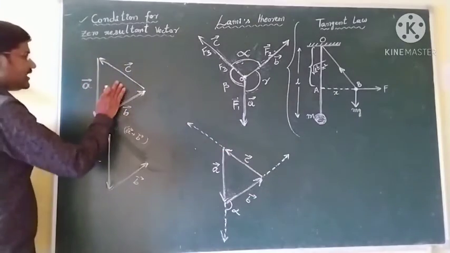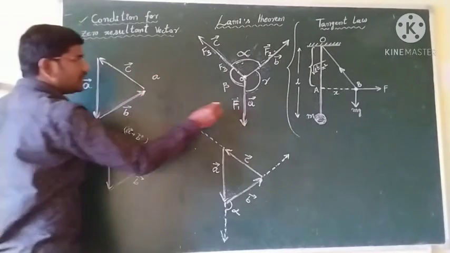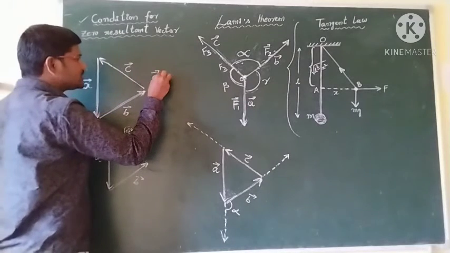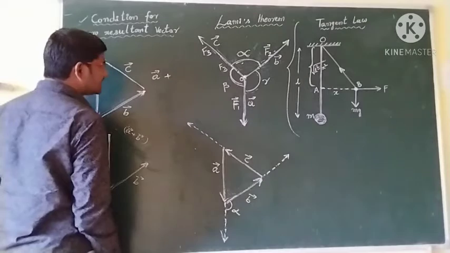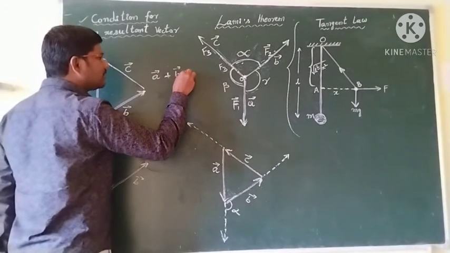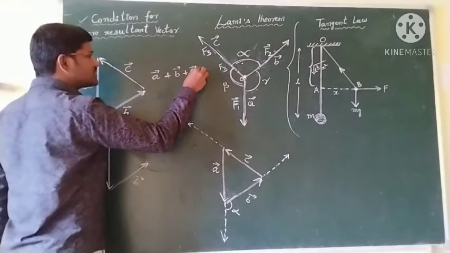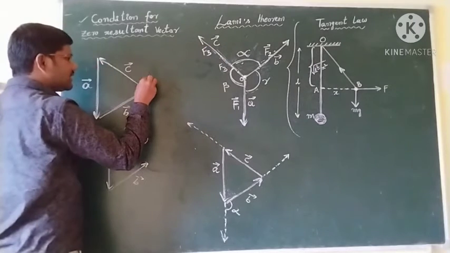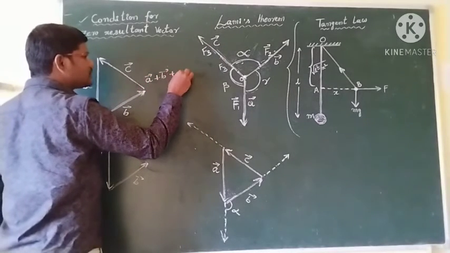Okay, and if I write the sum of these three vectors, a bar means one force. Consider a bar vector is the force vector. A bar is one vector. Okay students, and b bar is another vector. So a bar vector, b bar vector plus c bar vector, and this is another one. So in sum you will get 0. The sum of the three vectors will be 0. The sum of the three forces will be 0.